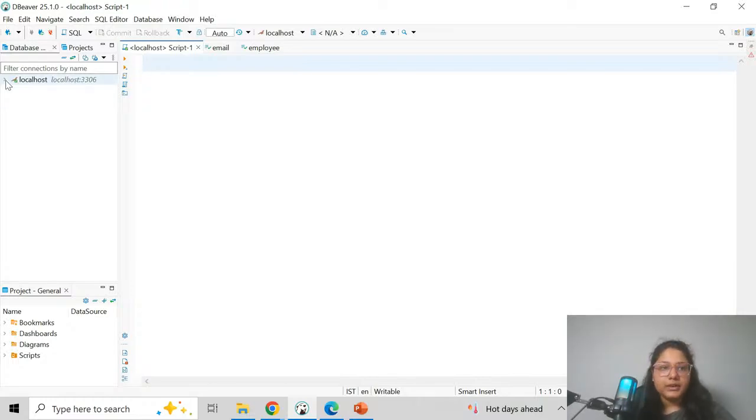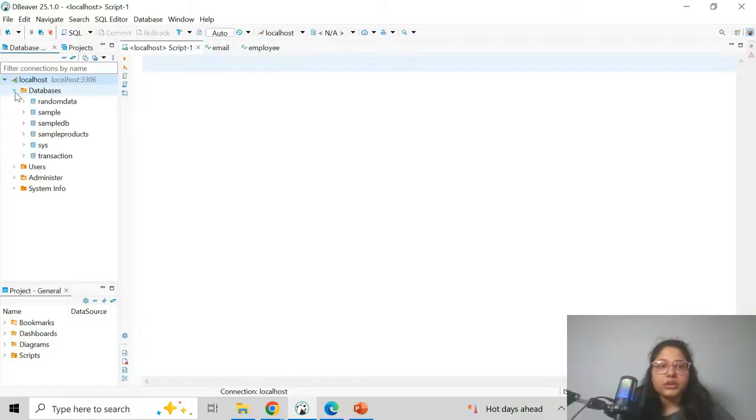We will be writing the code in DBeaver. If you guys are coding with me, you can write it in DB Fiddle. Okay, and I'll be using the same database. Let's use